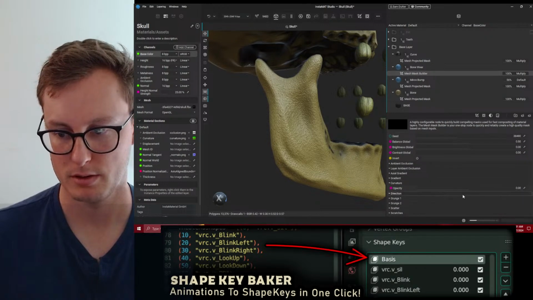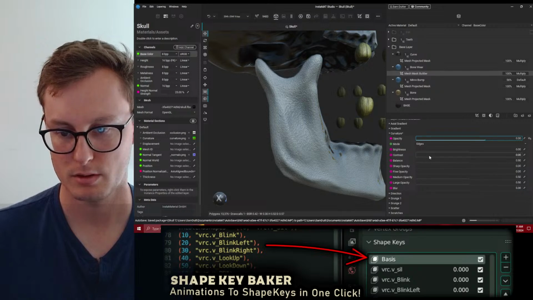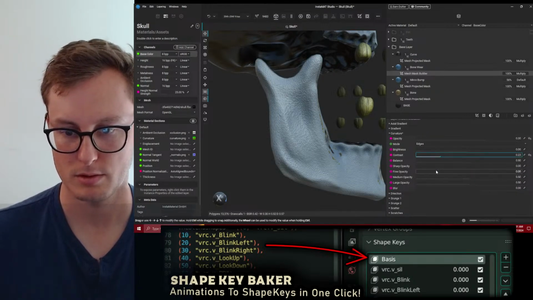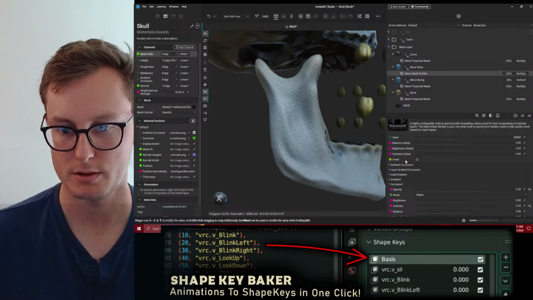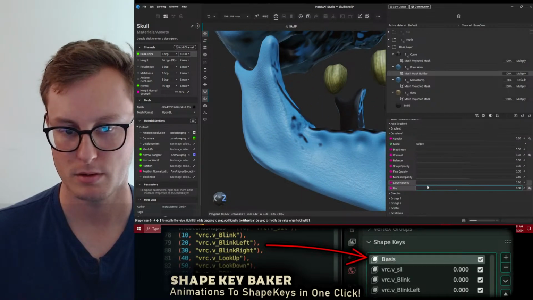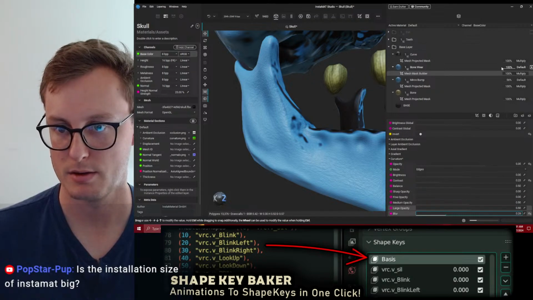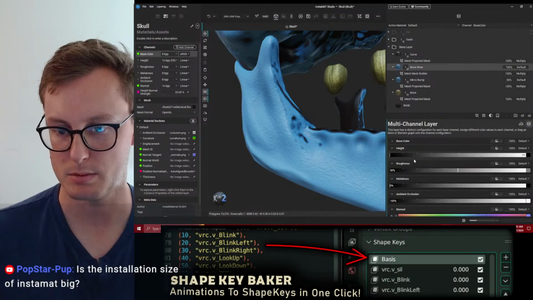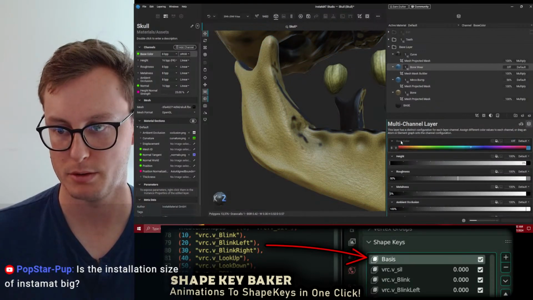Mask builder. Curvature. Invert it. Take out the color. You don't need it to be blue. I actually don't like that it always defaults to blue.